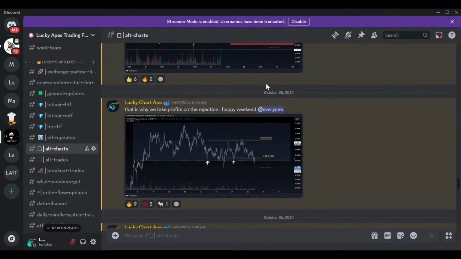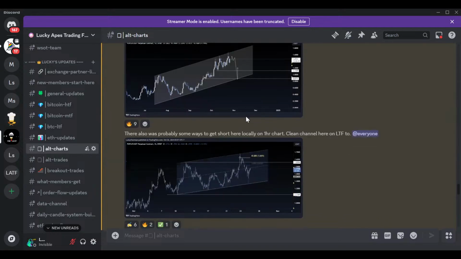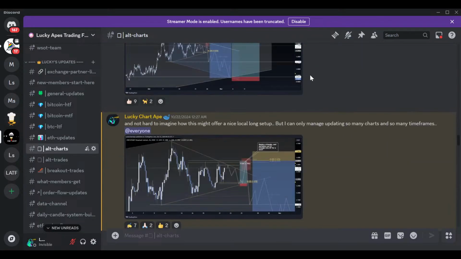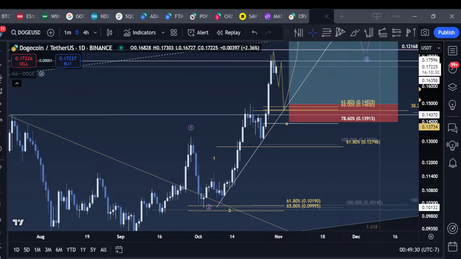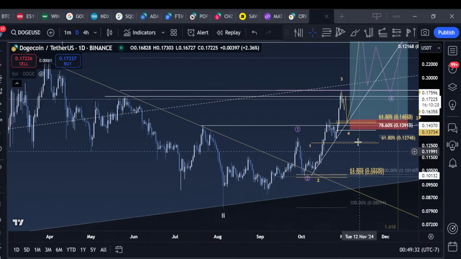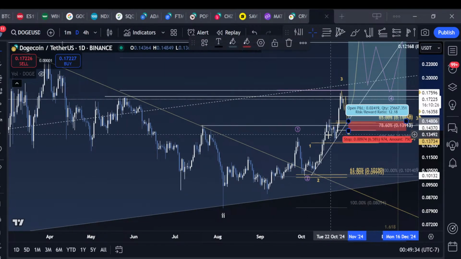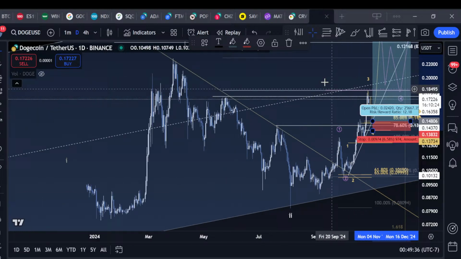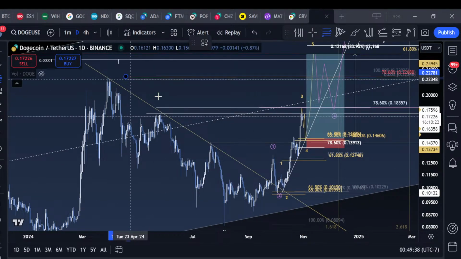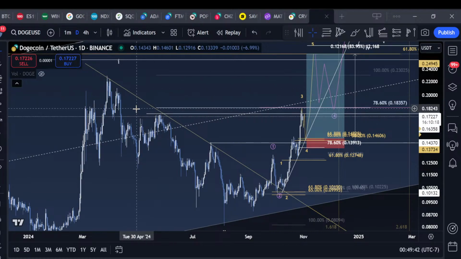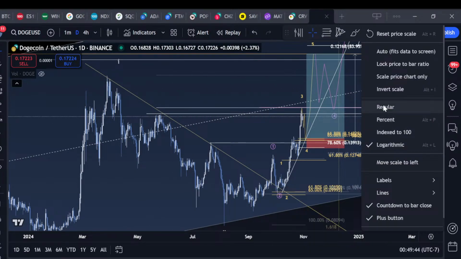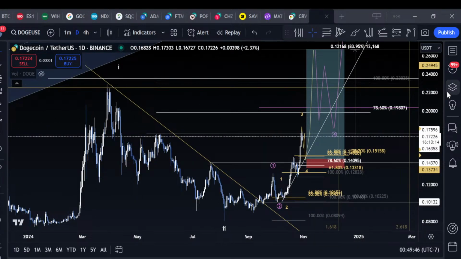So just saying that locally for that add, I had the idea of I want to add into this because I'm looking for another big move to the upside on Doge. I was looking for this impulse up into this level, which is a very technical level. It's important. It's the 786 right up around here, sweeping these daily highs on the log scale. On non-log, it's the golden pocket.